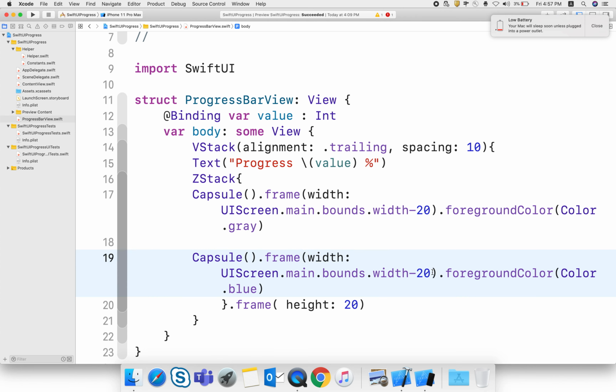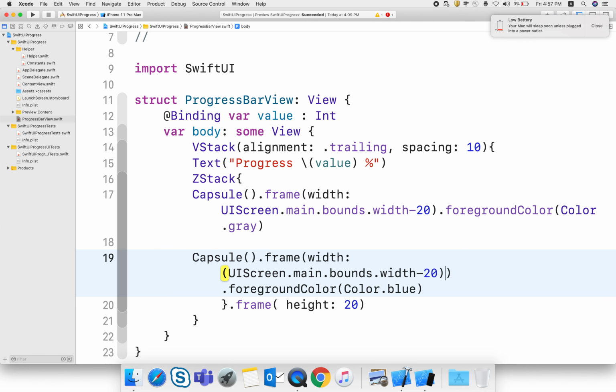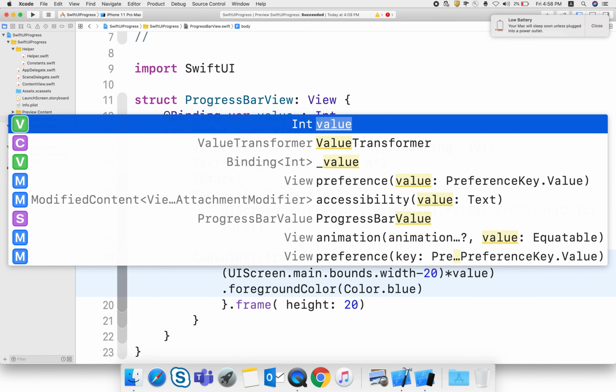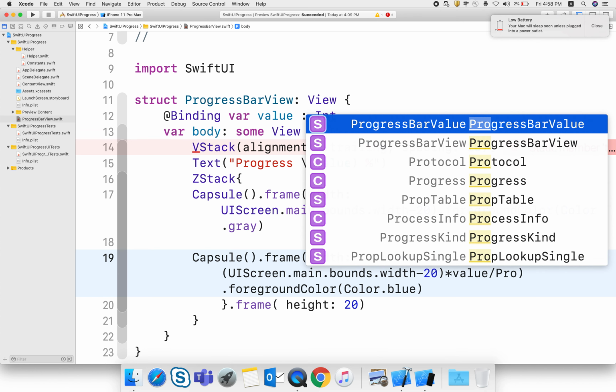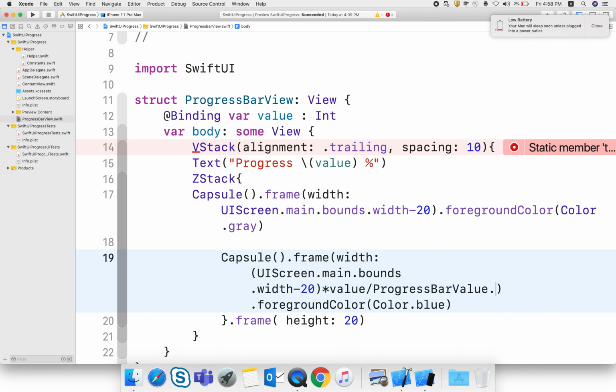You need to write some logic here. What I need to do is use the value and divide it by how much time you want the progress to show. If you want to show it for 20 seconds, I use 20 here, or 10 seconds.